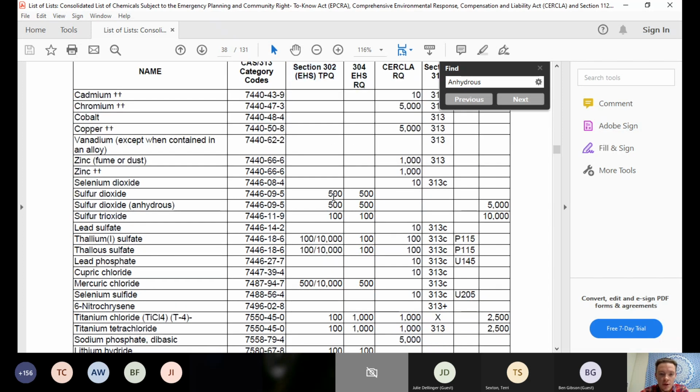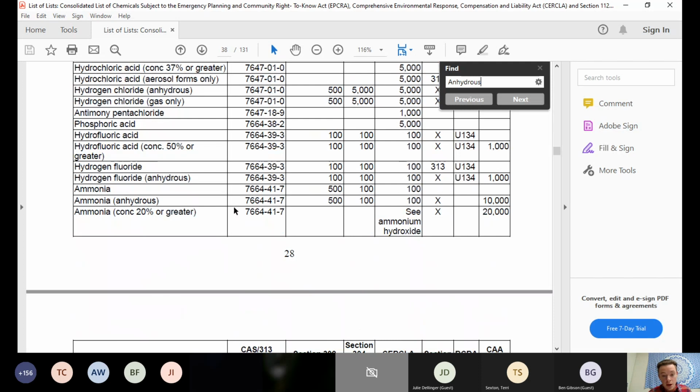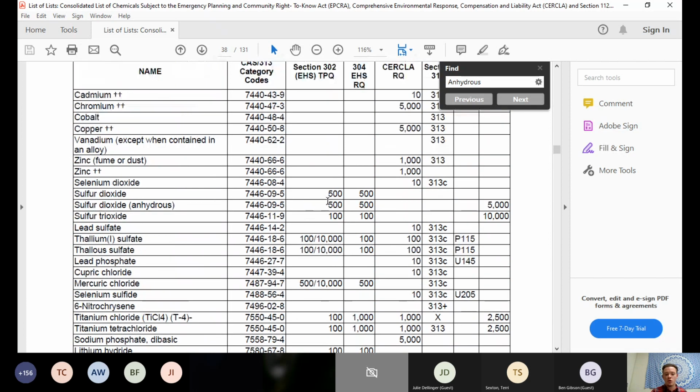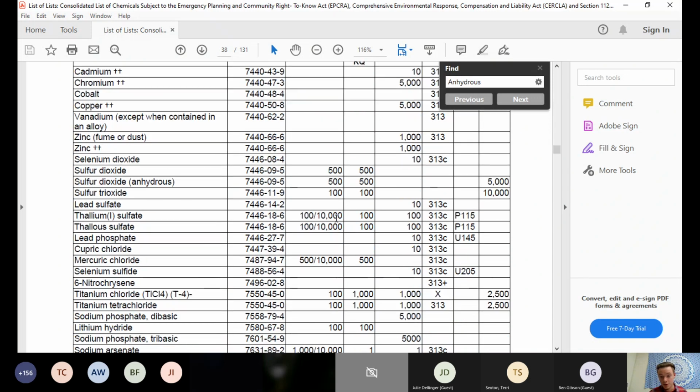This is going to show you that TPQ stands for threshold planning quantity. And each chemical has its own different one. So here we go, anhydrous ammonia. It lists that CAS number that we were talking about before, and it also lists 500. I want to point out this, it doesn't show a unit of measurement here, but the unit of measurement they're going with is pounds. So this is 500 pounds,